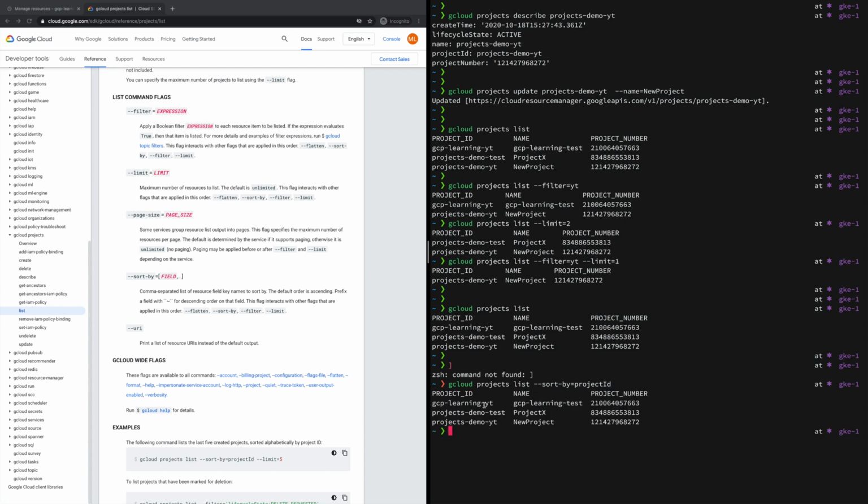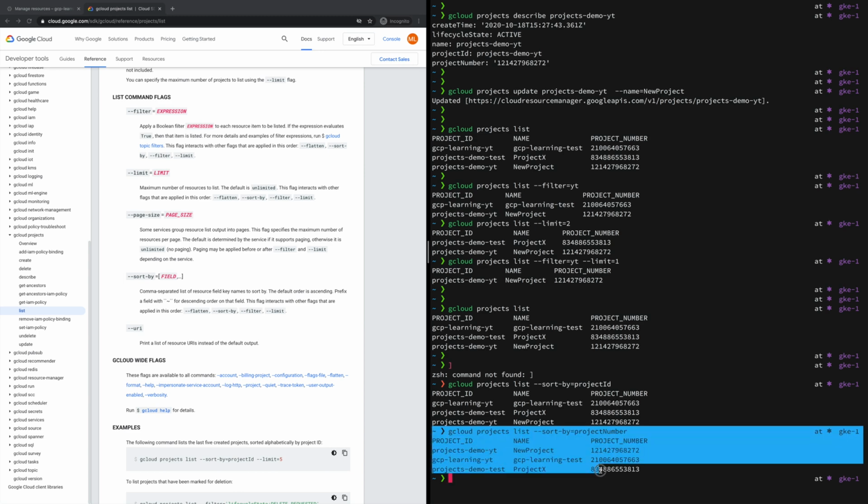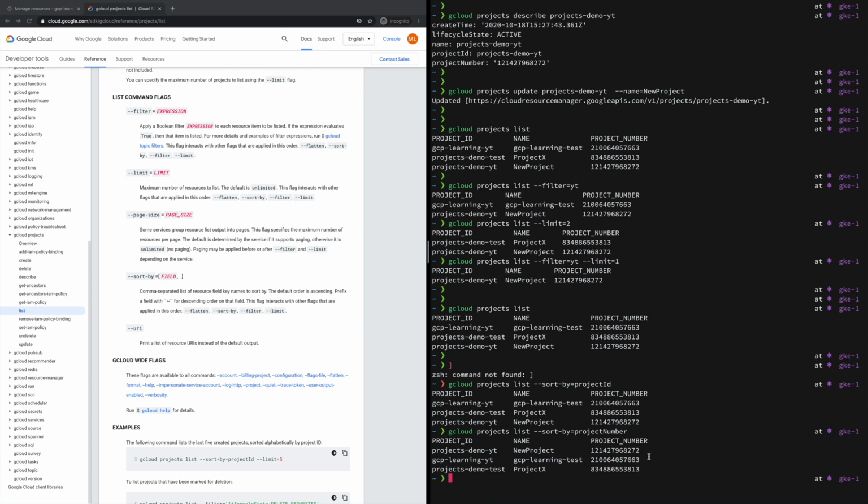Okay, let me give the project number. So now you can see we are getting a different list. I mean, you can sort your project list on the fly using this sort by flag.